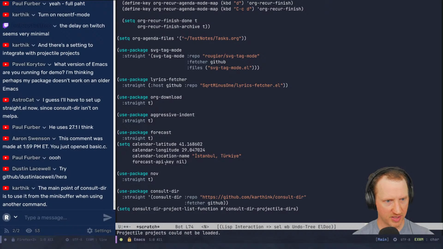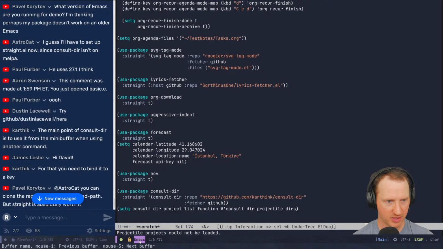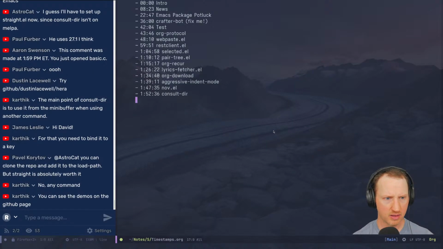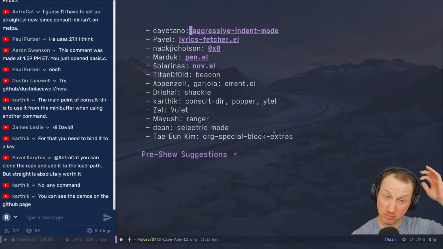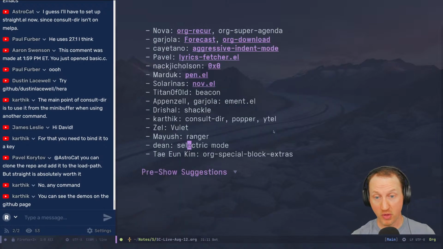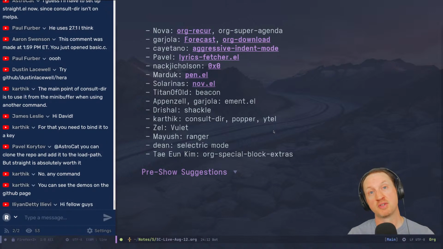Cool. Well, let's see how far we made it through all the packages today. Go back to this page. We made it more than halfway through, which is pretty impressive considering the number of packages we took a look at already. So that's great. I think this was pretty fun. Hopefully it was interesting to people who haven't seen some of these packages before, just to try them out really quickly and see how they work.